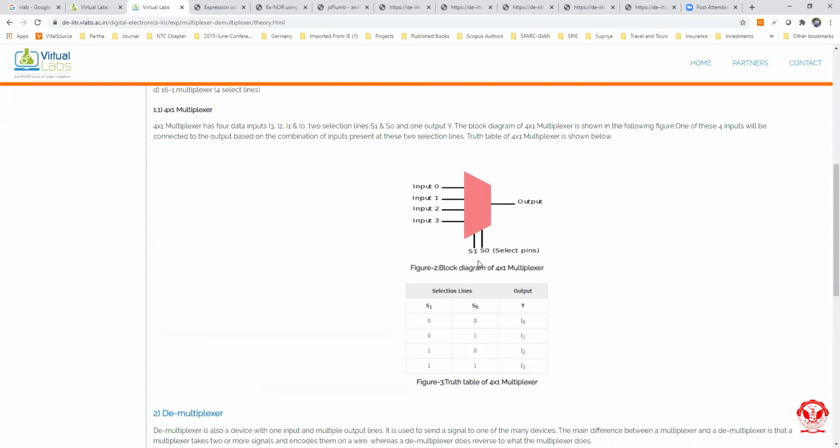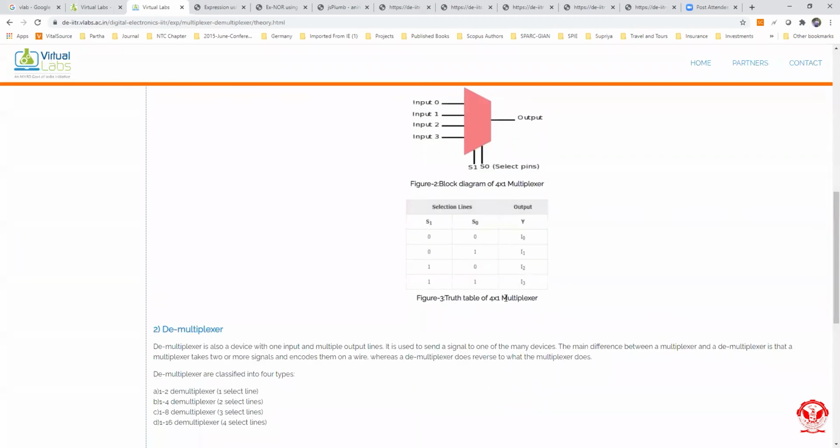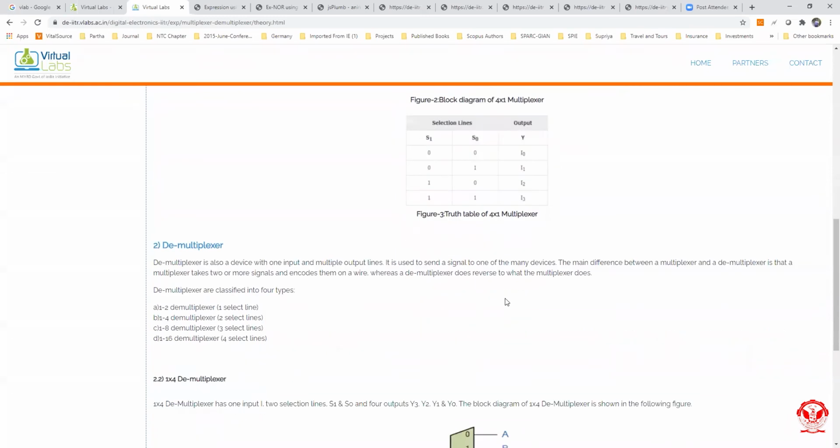The select lines determine which input is connected to the output line. The select lines are S1 and S0, and that's why it is also called a data selector. And this is the truth table for the 4x1 multiplexer.